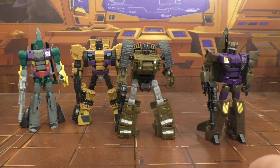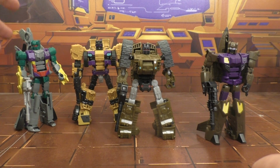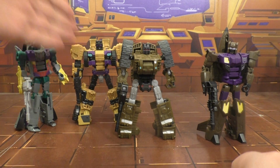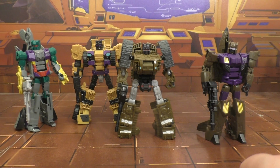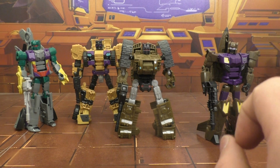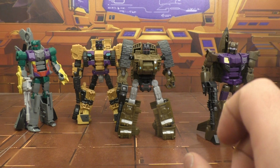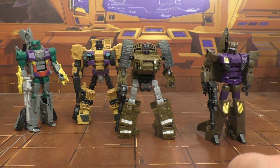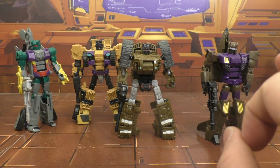Vortex at least looks nice on its own, and I could justify putting him on a shelf by himself. I could justify him. The rest of these guys are too bulky, too thin and wonky, and just not right. They don't fill that nice void of Combaticons. And the next thing I'm about to say is going to be really surprising here. This makes me miss